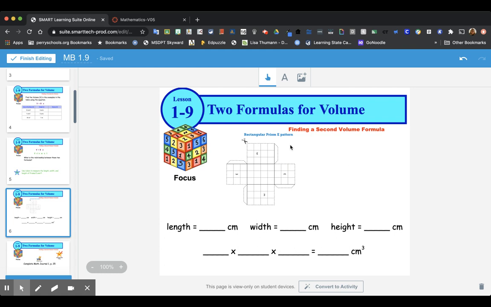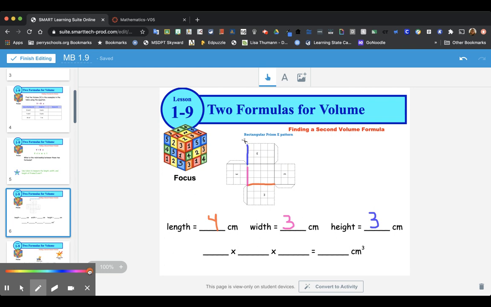If you have the prism E still, you can cut that out and then use your ruler to measure. What I'm going to do is simply look. We see here that we have 1, 2, 3, 4. It is 4 centimeters long. Then it is 1, 2, 3 centimeters wide. And then tall, like we talked before, it goes 1, 2, 3. That side actually creates the side wall, so it is 3 centimeters tall,